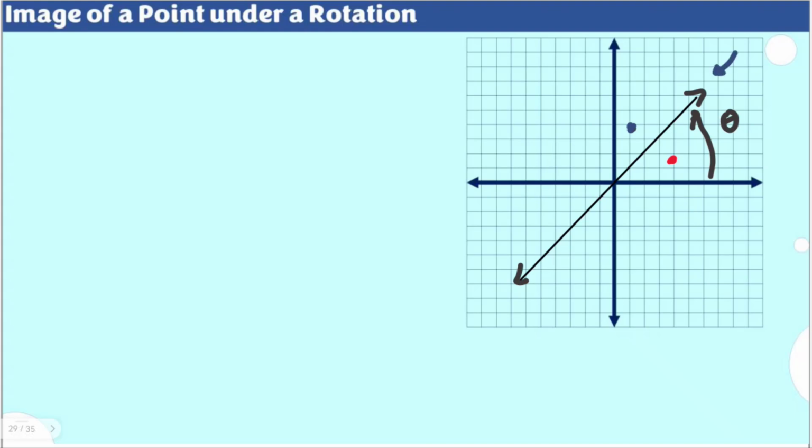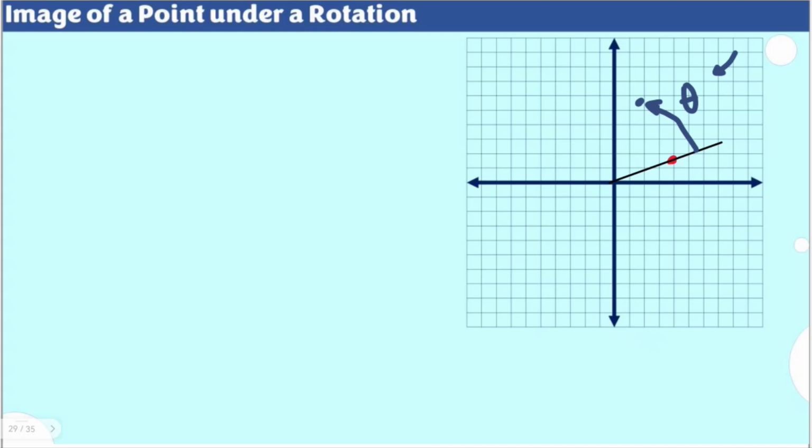But this time, if I talk about an image of a point under a rotation, we no longer need this line here. It's still on a specific angle, but this time, this would be our initial line. The initial line would be the line containing our point. And if we talk about the rotation, say for example, of 30 degrees or another theta, we're going to rotate this into an indicated theta, and this point here is already the rotation.